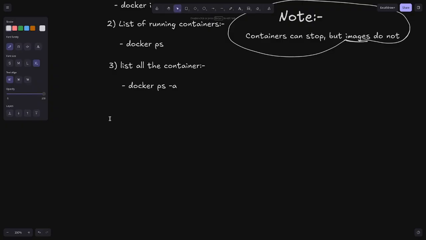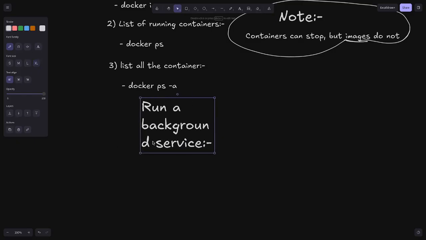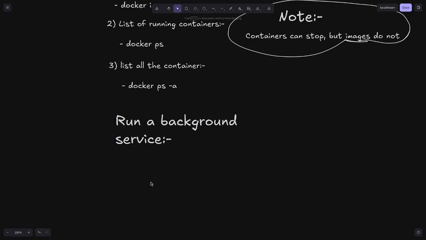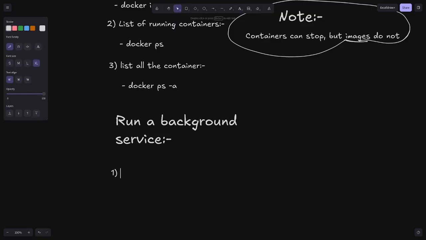So let's move on to the next part, that is, what if we want to run a background service? Let's run one background service. Now what we will do is run one background service by using the command that is